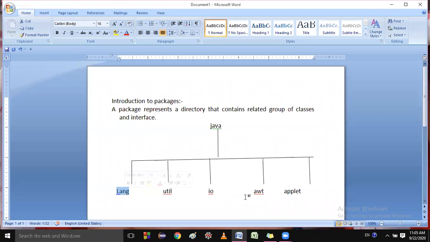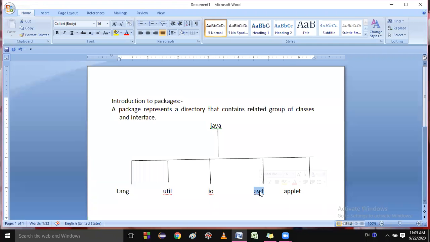There is one more package, AWT. AWT packages are used when you want to make desktop applications. You know there are two types of software applications, desktop software and web-based application. I explained in the very early classes.